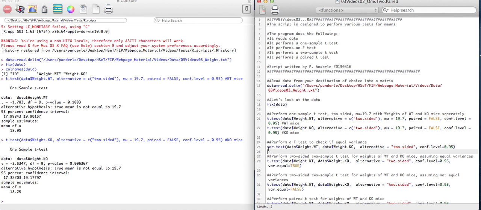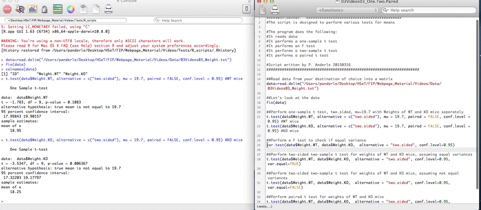Next, we can do a two sample t-test. If you might remember, you have to know whether you can assume equal variances or not. In order to do that, you have to do an f-test, which is